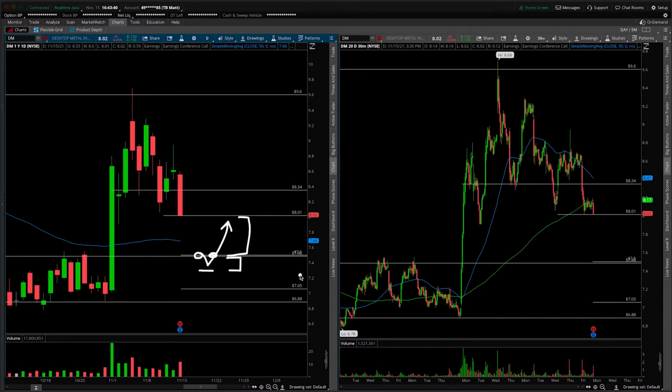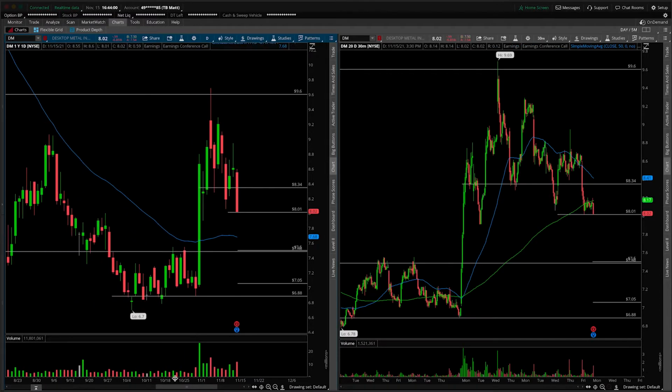The downside only comes if we get a gap and go is what it would be called. This is scenario 2. If we do this, immediate drive lower takes us to the low of day, or overnight low. We put in a bear flag or some sort of bearish consolidation, right? It could be a descending triangle, lower highs, flush the lows, and we head to the next daily support. Now note here that again, this trade is not that attractive, noting that we have a big shelf of support just underneath at 6.88. So the more attractive trade would be, okay, we put in some sort of bear flag, bearish pattern, whatever, we come here and then the breakdown happens, right?